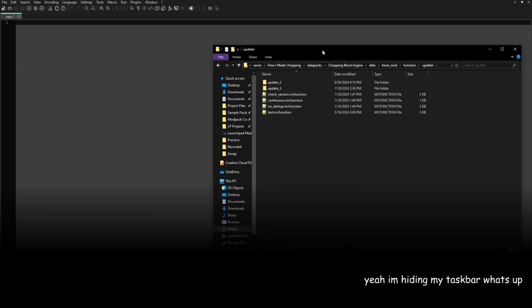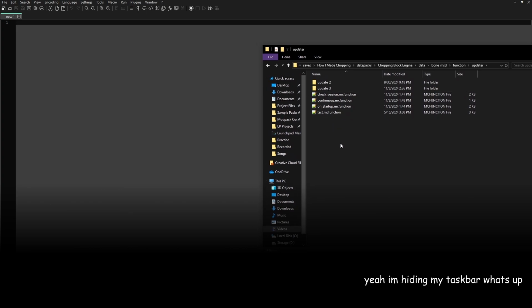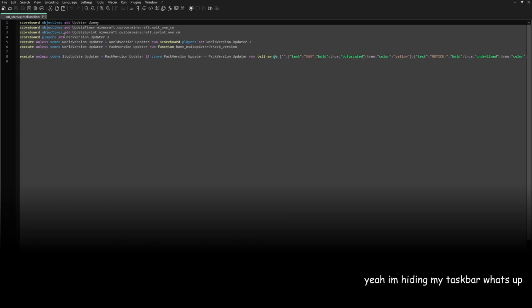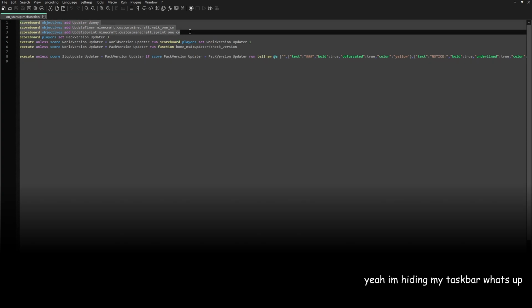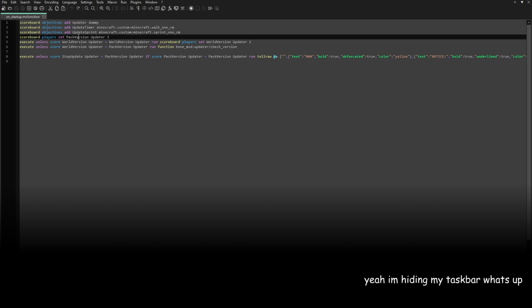So we're mostly gonna be looking here in the updater. Within Bone MSD, there's an updater folder, and we have a few things happening here. Every time the world loads, it will run this on startup command. And what this does is it makes sure that a few critical scoreboards exist. It sets the pack version score in the updater scoreboard to 3 because this is the 3rd version of Chopping